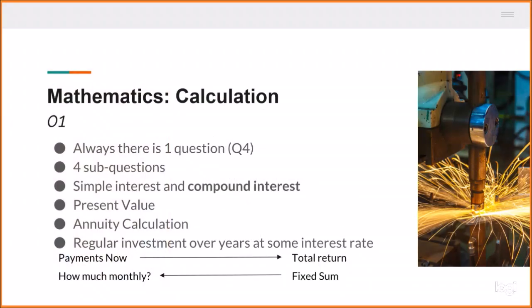Mathematics for the calculation, the one particular way that they ask is, as I said, one question with 4 or 5 sub questions. And always this question is question 4. In the last 2 or 3 years, this appears in question 4, and you have a simple one or two sentence thing about somebody putting money in an investment, and how much he will get at the end of the investment, or somebody wanting to take out money to repair every year, and how much he should keep inside the account, so that at the end of it there is a periodical payout. So these are issues about present value and annuity calculation.